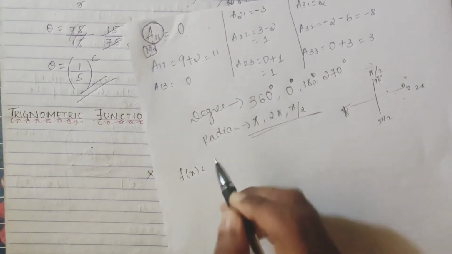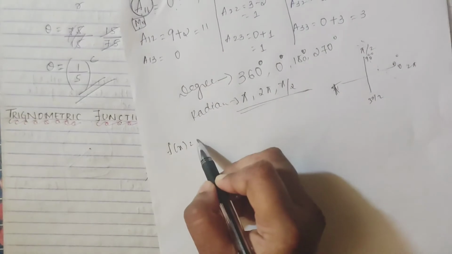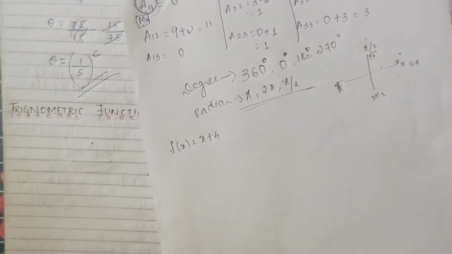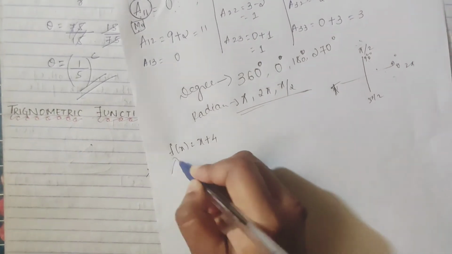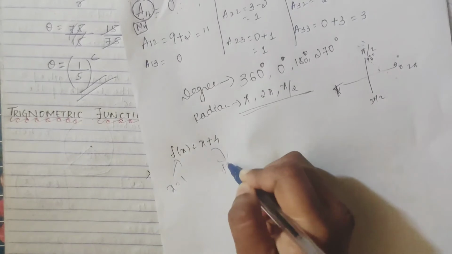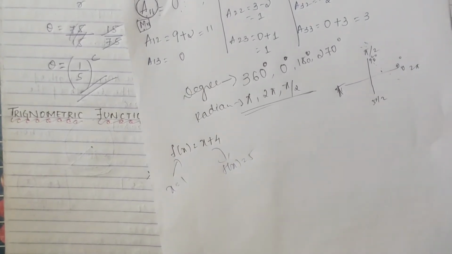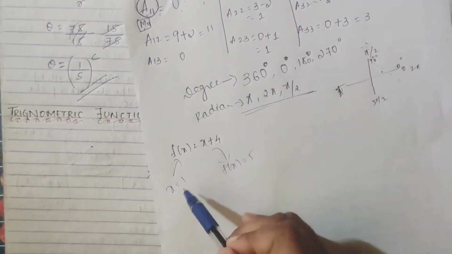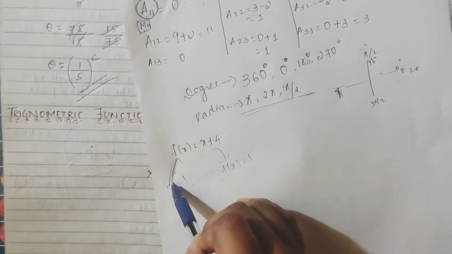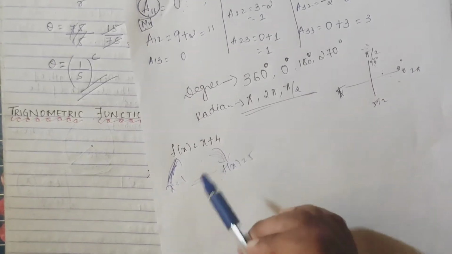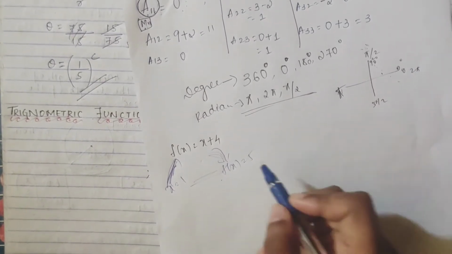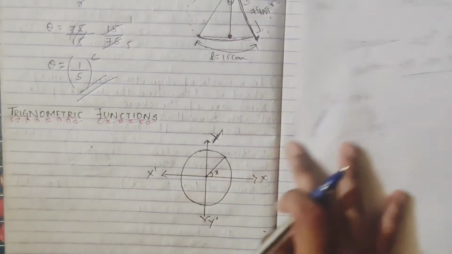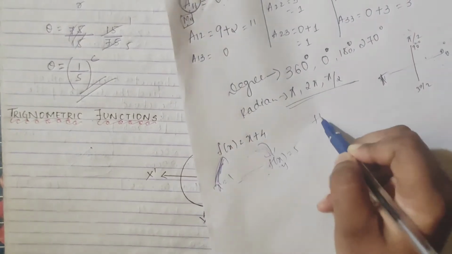function means what? f of x. Suppose f of x is x plus 4. Now if I put x is equal to 1, what will you get for f of x? 5, right? So a function is what? If you are inputting some value, you get some value as output. A simple function is that you give some value of x, and in return you get one value of f of x, or you can call it y.